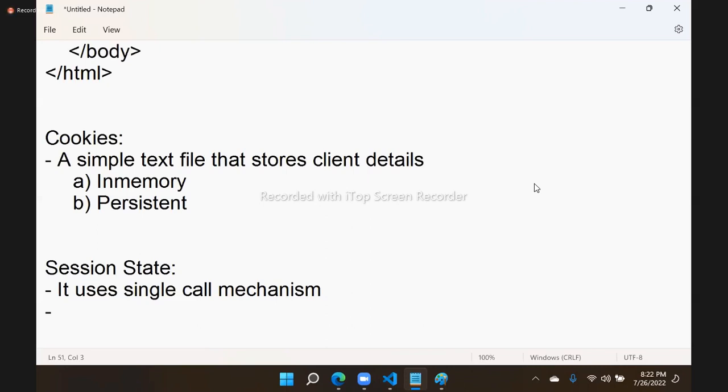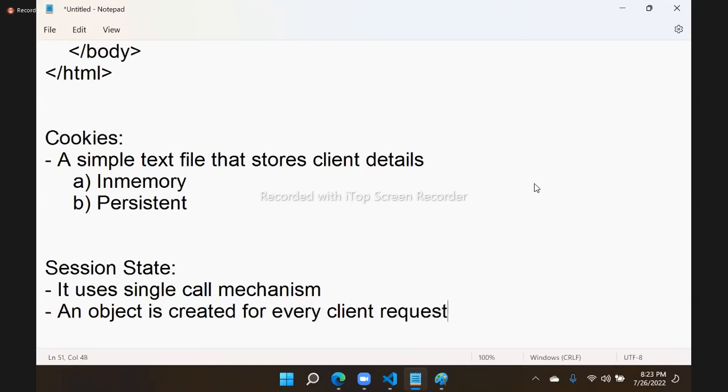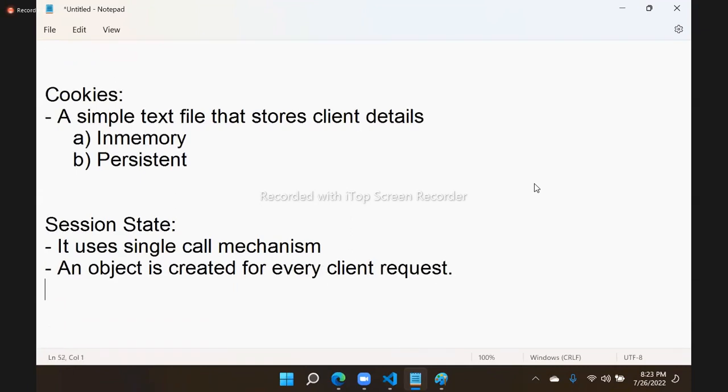Because every web application is a stateless application. Why is it a stateless application? Because it uses HTTP. These are all related. So the single call mechanism means an object is created for every client request, and it is destroyed